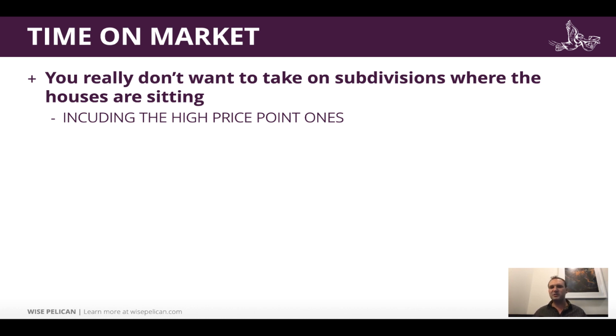So don't go after these real high price point homes that sit on the market for forever. With that being said, in certain markets, for instance, my mom is an agent out in Michigan, it's very common that on these high price point homes the commissions start to tier off, right? So she generally only gets 3% on the sell side for the first however many $100,000, and then it tiers off, I believe, down to something around 2%. Don't quote me on that,